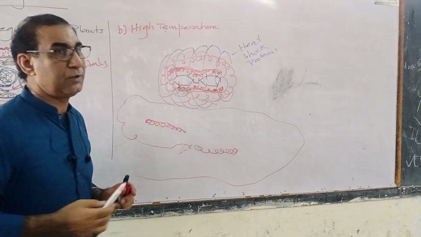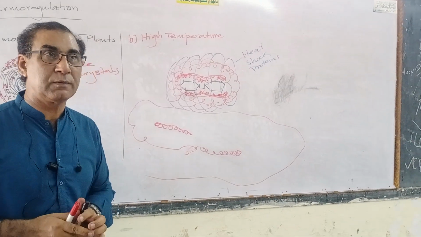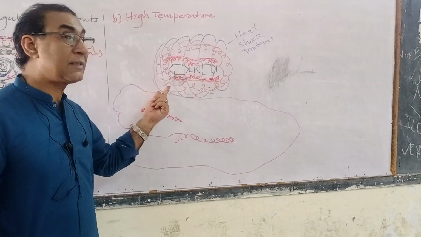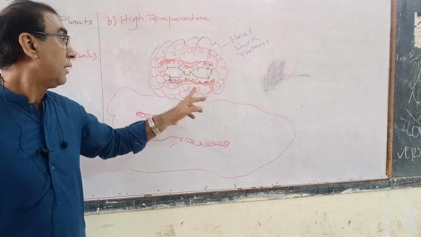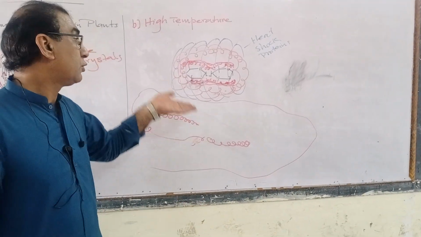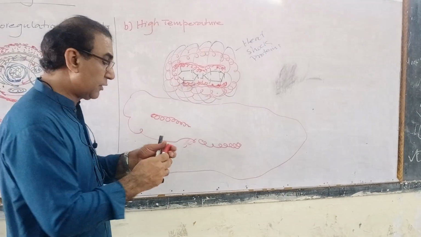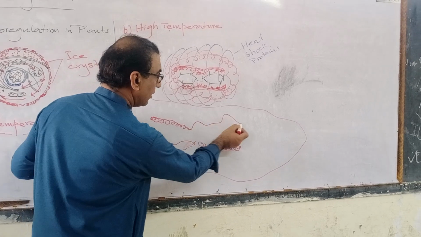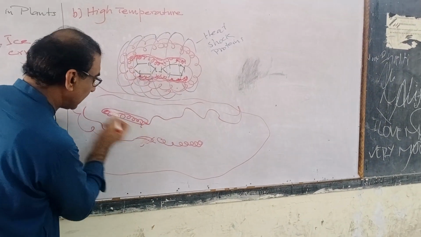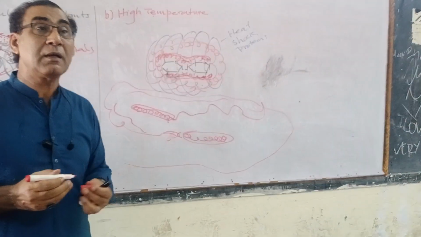Suppose this is maltose. Okay, the plant cell requires glucose. Now, what is the solution? The catalytic site must break this maltose. Okay, and it wouldn't be able to do that if there is a high temperature. During a high temperature, what will happen? There would be a disruption: one part of the catalytic site is here, the other part of the catalytic site is here. There wouldn't be any more